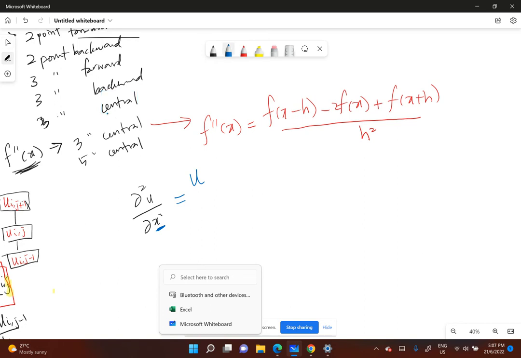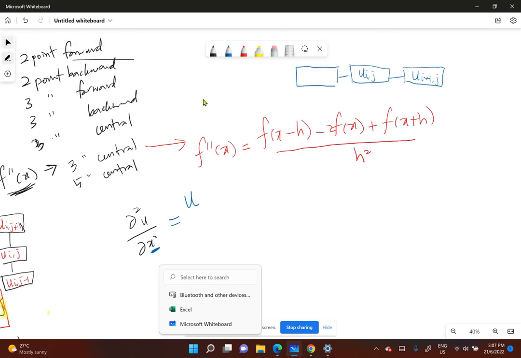U apa? Tadi, yang ni, saya lukis yang tadi ni. Yang ni u i,j. Kalau sini adalah u i plus 1,j. Sebelah sini adalah u i minus 1,j. So kat sini,